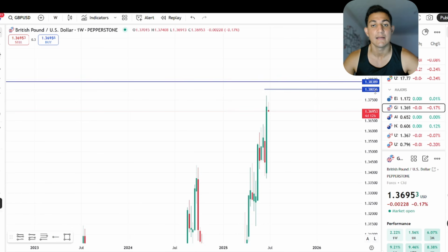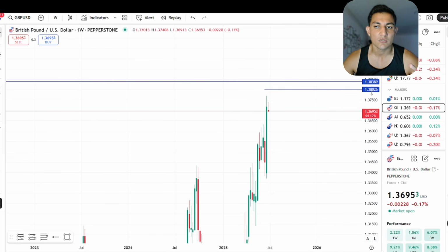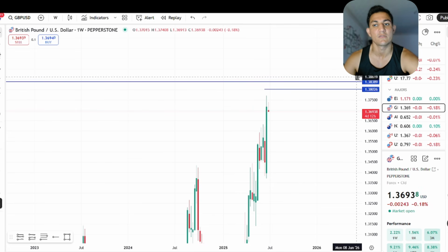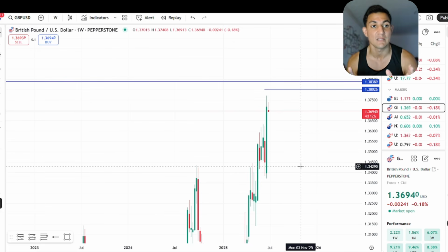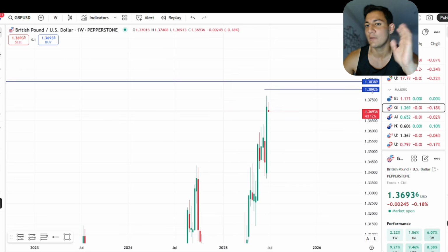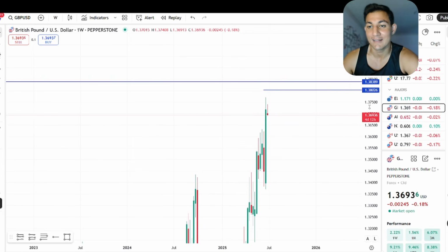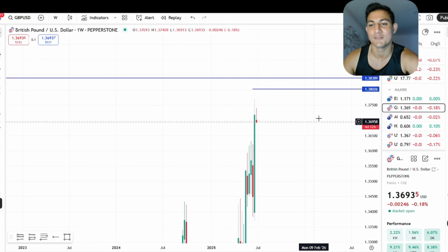At 1.38, at that level right there, there will be lots of inbuilt liquidity. What I mean by that is there will be lots of banks and institutions, once that level gets hit, that will start buying or start selling. They'll start buying GBP/USD because they think it's going to hit 1.4, or they'll start shorting because they think that GBP is overvalued, or they're invested. It might sound crazy, but there are people and big banks who invest in currencies. They might want to get into a position or get out of that position. So there's lots of liquidity at this level, and you won't hear that anywhere. That took a lot of years of experience and some insider knowledge to figure out. But anyway,